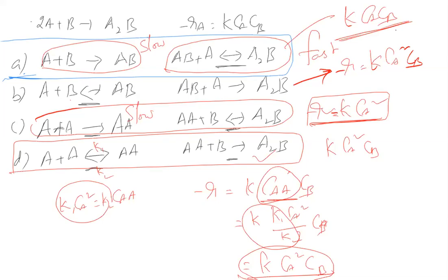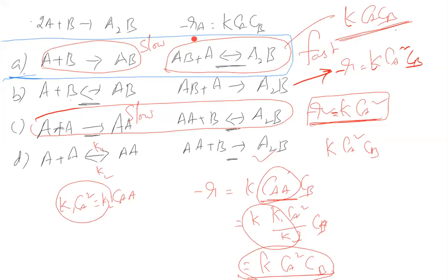So basically I'll explain one thing. I'll take option D. In option D, this is the slow reaction, this is the fast reaction. What is rate? Rate of overall reaction is rate of this slow step, which is K into CAA into CB. But what is CAA? We write CAA from this equation, K1 CA square into K2 CAA. In place of CAA, I can substitute K1 CA square by K2. So all these become constant. I'm getting a rate expression K CA square CB, which is not consistent with the given rate equation, which is K CA CB. So that is why this is not the answer.